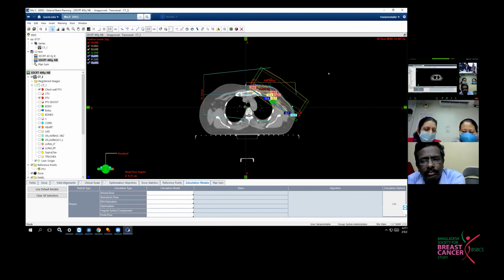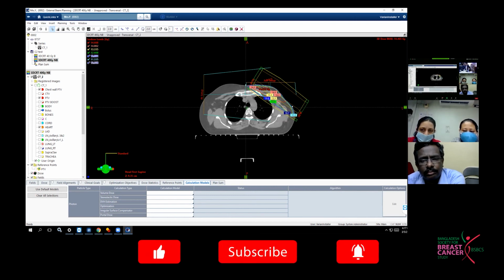We put fiducials, not the whole wire, but we put fiducials at the midline and at the mid axillary line. We do put fiducials as well at the superior and the inferior extent of the target volume. That is the lower border of the clavicle and 2 centimeters below the opposite breast.